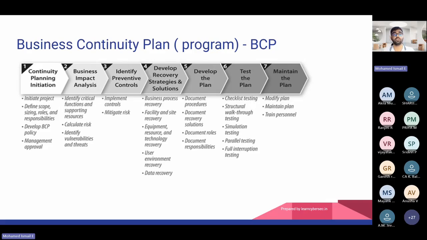IT companies we can do, but consider there is a factory making milk supply. They produce milk, get it from the farmers and distribute it to all the people. Maybe you can find in Tamil Nadu, it is Aavin, right? Aavin is a centralized milk distributor. Now during flood, heavy rain, factories cannot run. From farmers, milk cannot be obtained. Now there is a disruption. We cannot supply milk to the people.